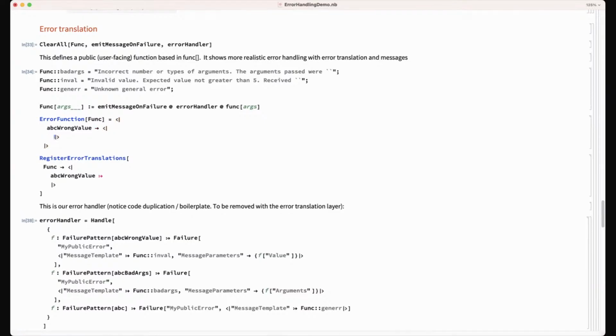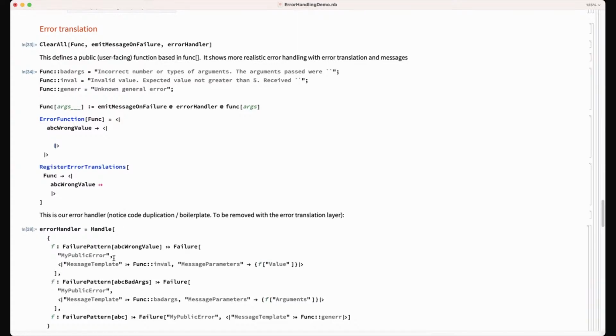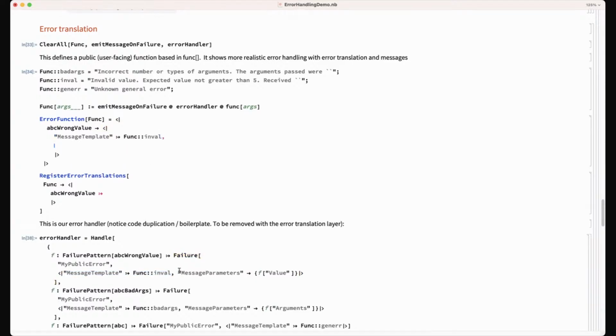Imagine you have a large framework like Tabular or the databases stuff that we did. We have a lot of different messages that are basically for